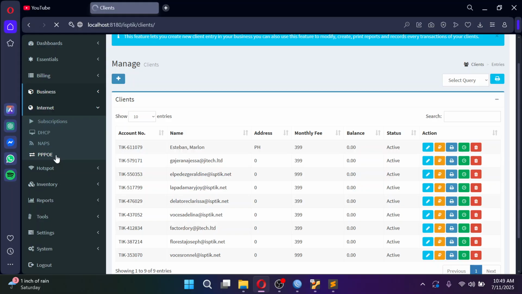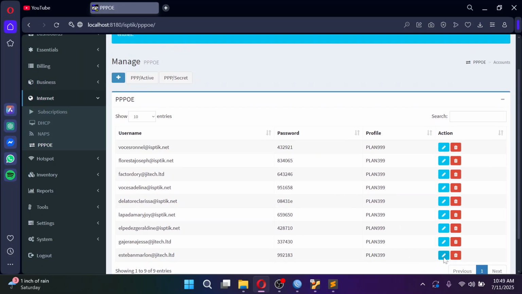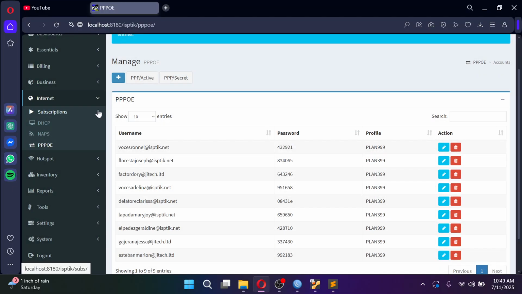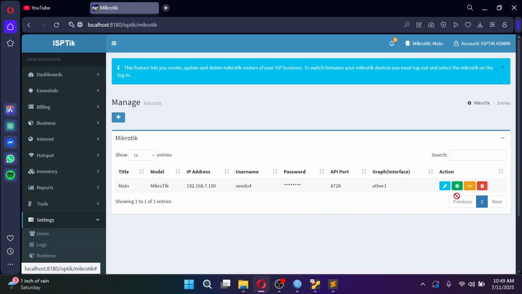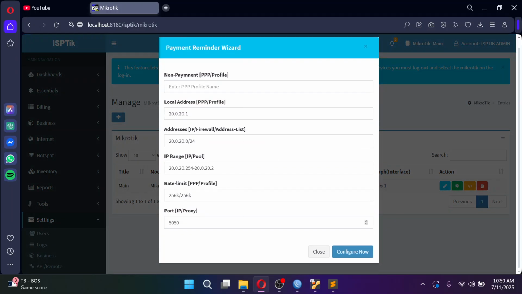Okay, now what is missing is the PPPoE payment reminder. Basically it is just a change profile mechanism. So now we will head again to our Microtech. Let's go back to our Microtech and then let us click this cog or gear for the one-click PPPoE payment reminder configuration.